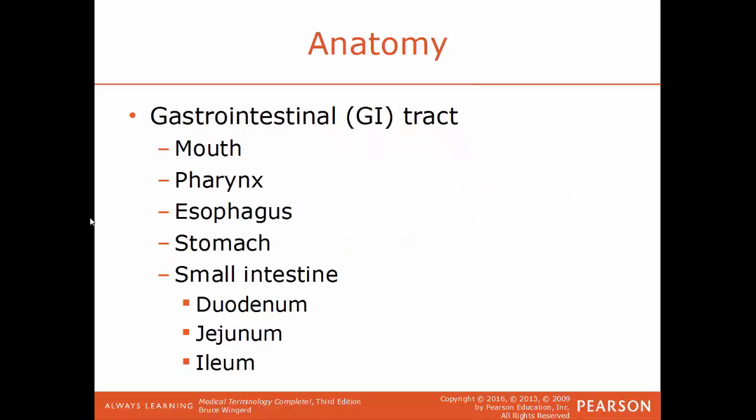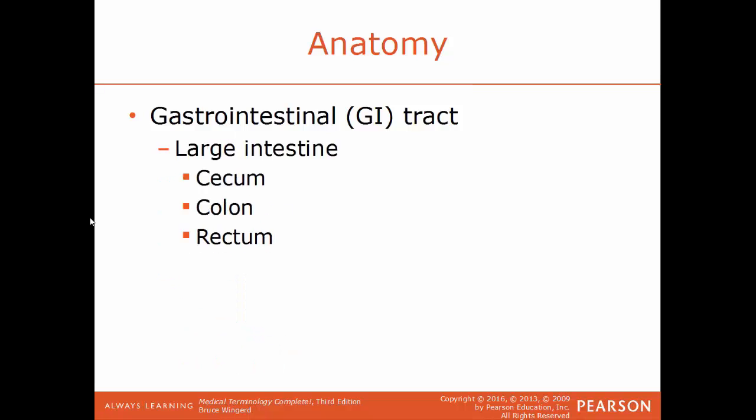Now, the gastrointestinal tract, or GI tract, as it's often abbreviated, consists of the following. Start with the mouth, and the pharynx, which is the throat, the esophagus, which is the tube that leads from the mouth to the stomach, of course the stomach, and then you have the small intestine, the various parts of the small intestine, duodenum, jejunum, and ileum. And from there you go to the large intestine. The first part is the cecum, then the colon in general, its various parts,